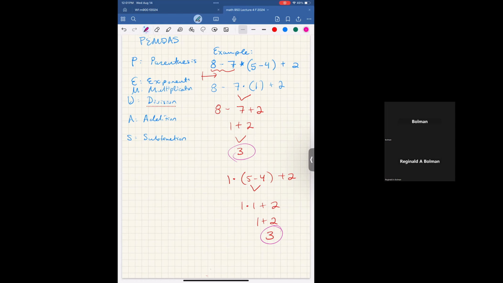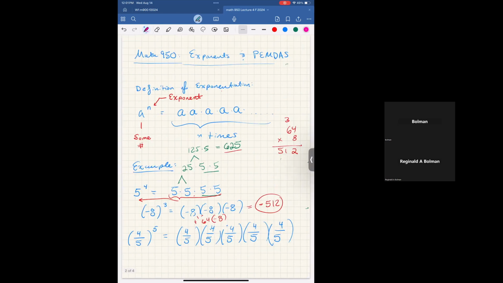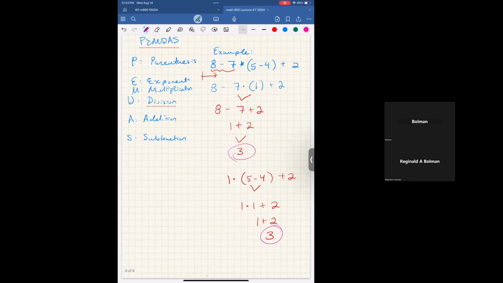As you're performing calculations, different operations introduce different levels of error. When you do exponentiation, such as this 5 raised to the 4, because you can take even small numbers and exponentiate them with other small numbers, such as 5 raised to the 4, and that gives you some ridiculous value at the end of the day, such as 625. It means that the amount of error, if you were to do that incorrectly, is much, much greater whenever there's an exponent present. So exponents have what is known as a high level of precedence